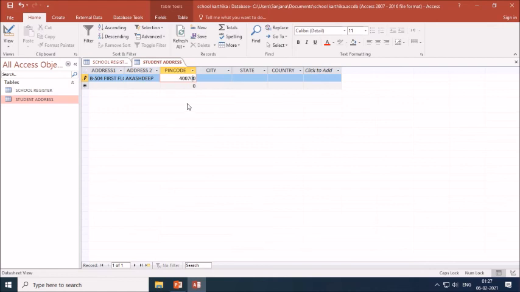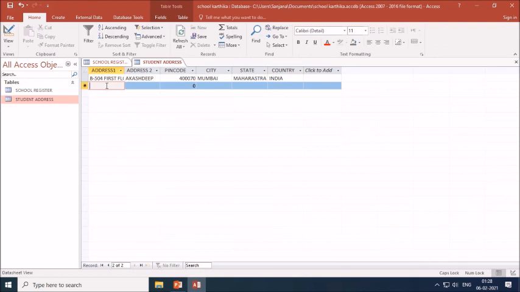So you can give the pin code here, then city Mumbai, then write here state Maharashtra, then here you can write country India. So this way you can add the records to the table, then you can add a second record.